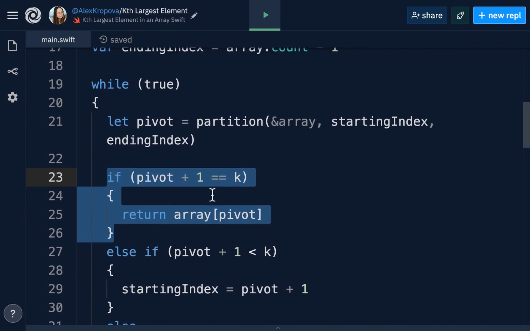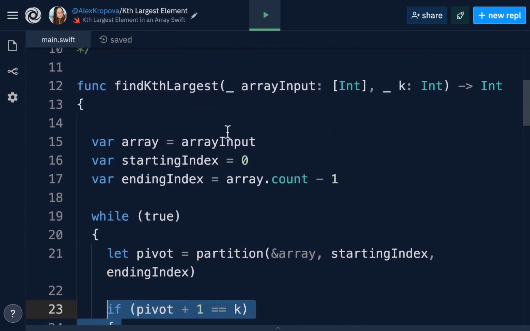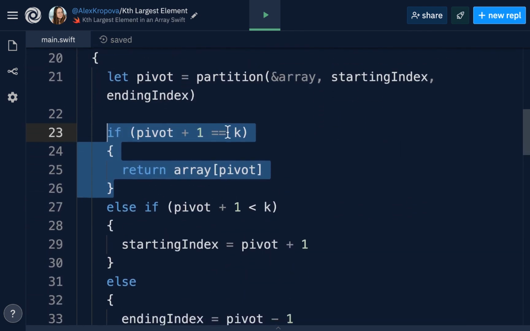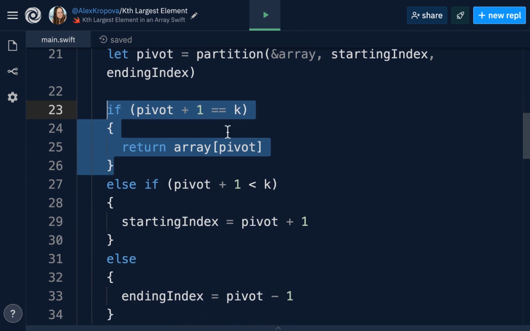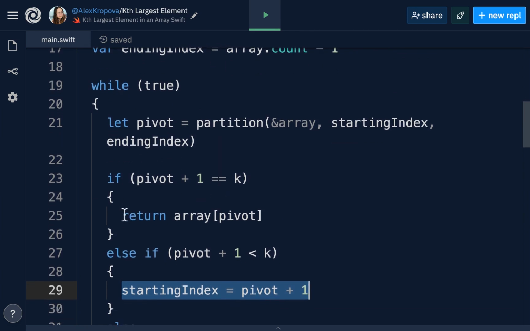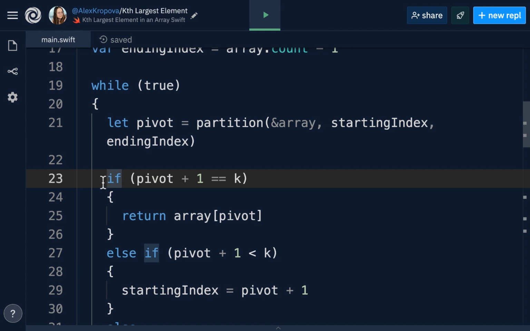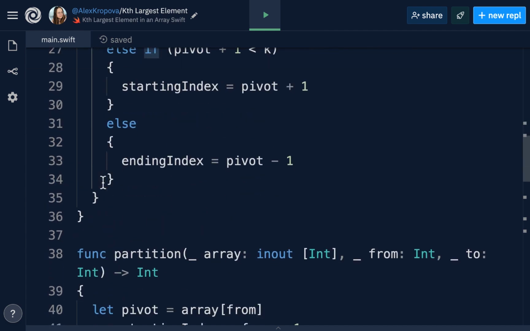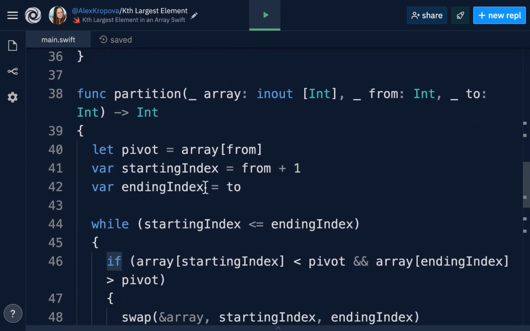And that is all that we need in order to find the kth largest value. And as you can see, it's going to decrement down, and then eventually it will return out. So it's going to keep looping and keep partitioning, and then finally it will return out once we've found k. Alright, so let's go ahead and test out our solution. That is all that we need for this algorithm, so let's test it.